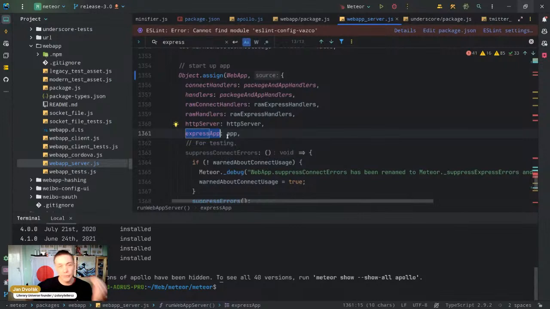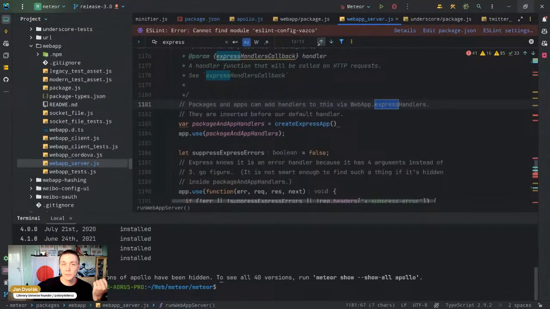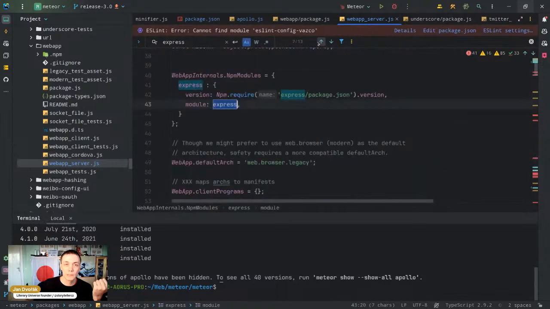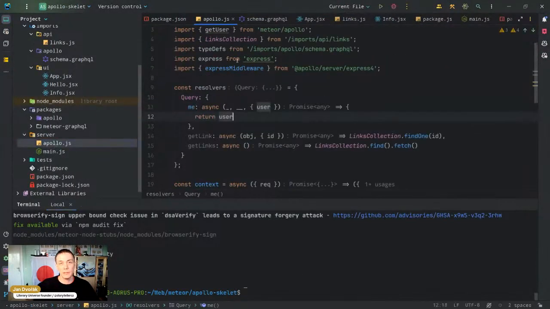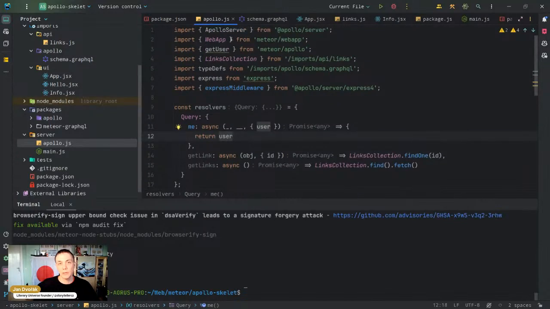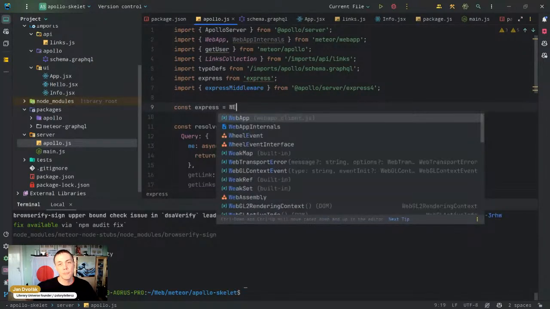So we can get directly to the Express app from there, but I am wondering, because we don't want the app, we want Express. So if we do here in our application, we have here a web app. So what about web app internals? And we can do const express, and let's do